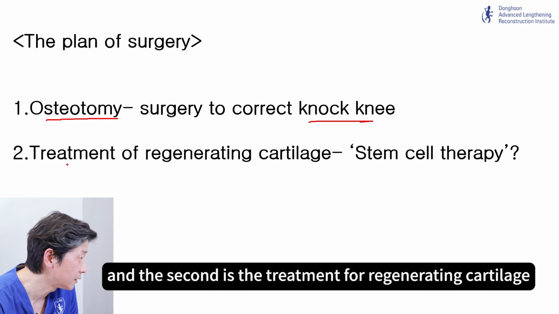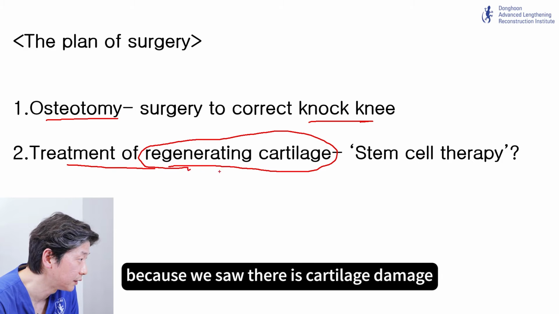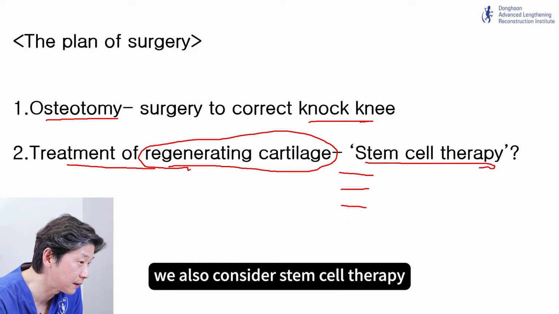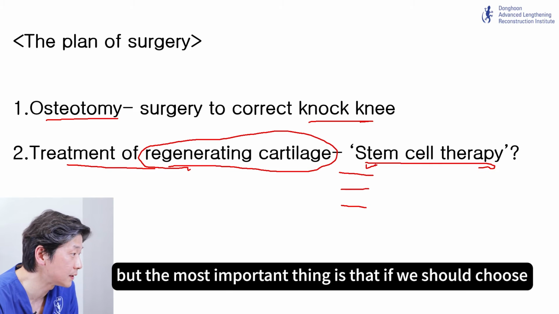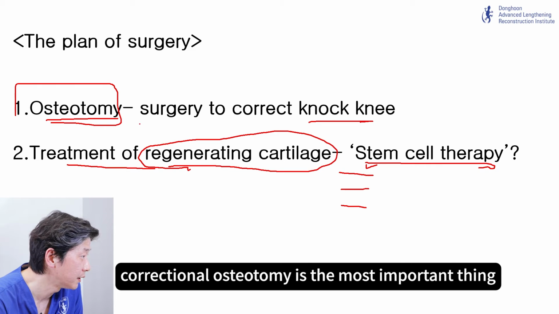And the second is treatment for regenerating cartilage, because we saw there is cartilage damage. There are many kinds of procedures to enhance cartilage regeneration. We also consider stem cell therapy. But the most important thing is that if we should choose only one treatment for this patient, correctional osteotomy is the